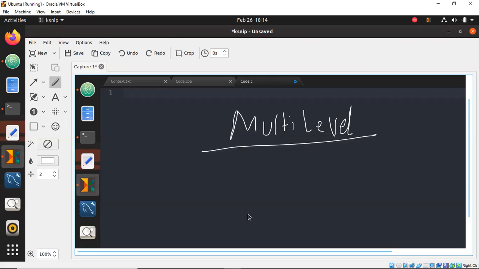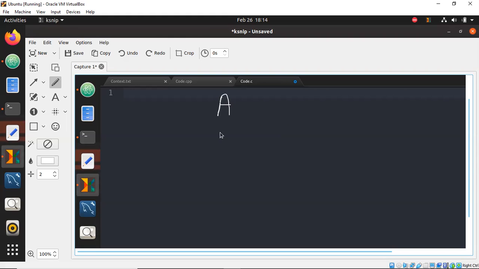So that is our major aim when it comes down to this. So let us go on and look at what exactly is multi-level inheritance. In multi-level inheritance, let's say you have a class A that is inherited by class B, that is then again inherited by class C. Now, I will be taking a couple of examples from here because there are a couple